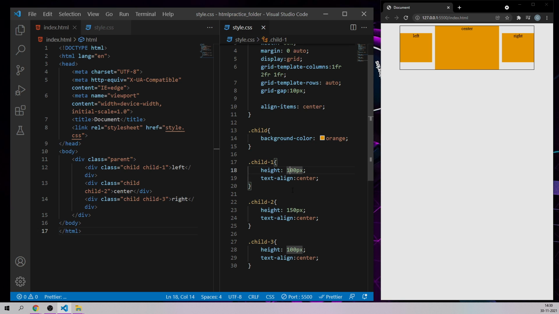So let me just grab this one and make it 50 pixels. As you can see, as I'm changing the height of the child elements, the parent element automatically changes according to the highest height of any one of your child elements.